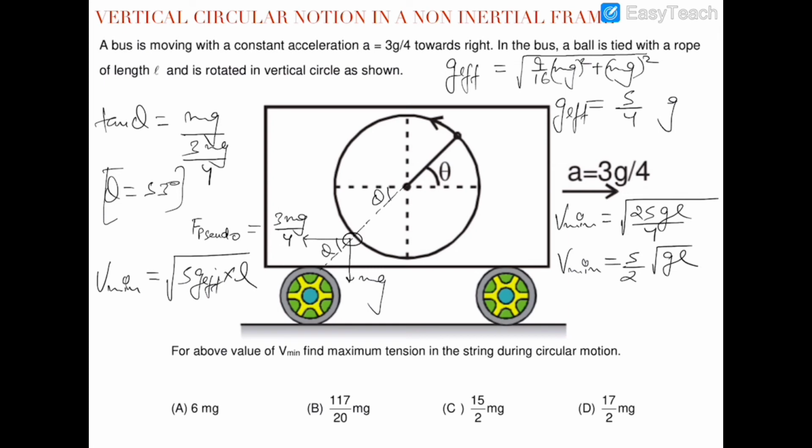Now the tension in the rope, maximum tension, will be in this position, and we have to find out the maximum tension in the case when the ball is already being projected. This is very important to note, that the ball is already being projected and has just started to move with a velocity of 5 by 2 root gL from this lowest point, and then we have to find out the tension. So this tension T maximum will be equal to, I'm writing it down here,